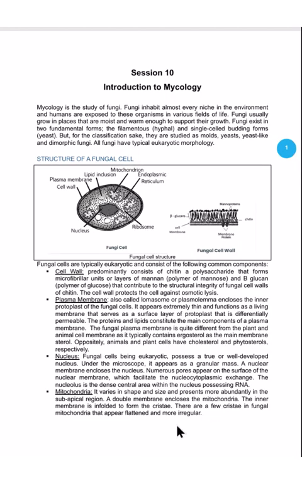The fourth component is the mitochondria. So the mitochondria is found in the fungal cell, and it's usually found in the subapical region. If the cell is a bit elongated, it is found in the apex part of the cell. If it is circular, it depends, of course, on the shape of the fungal cell. It's found in a certain area, and usually it is mentioned that this is where the budding or